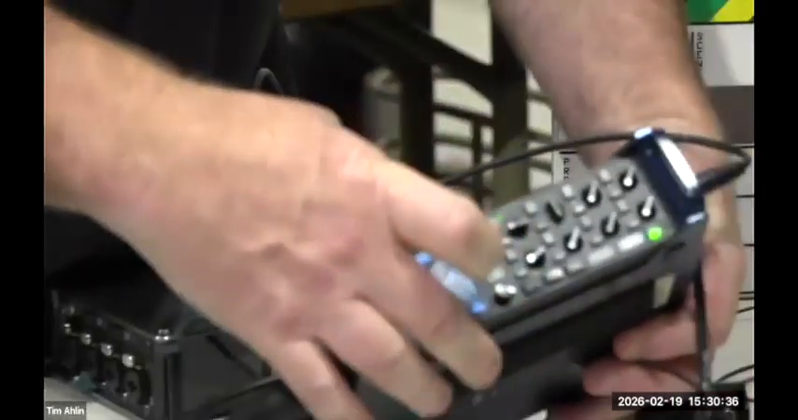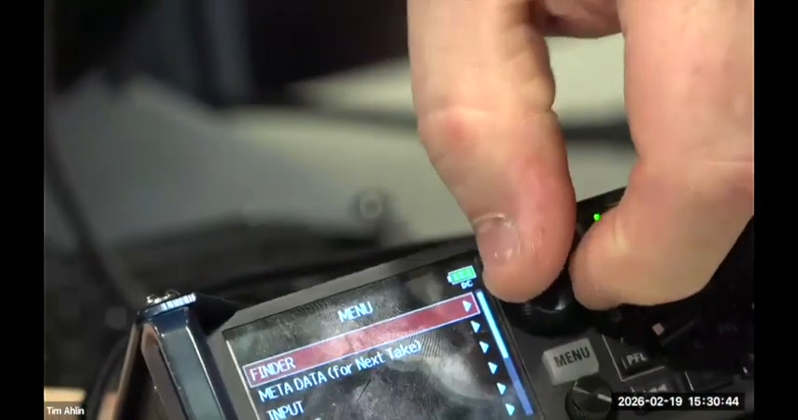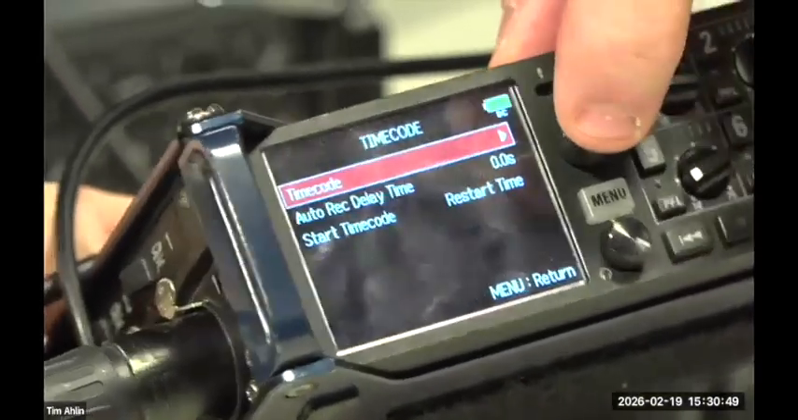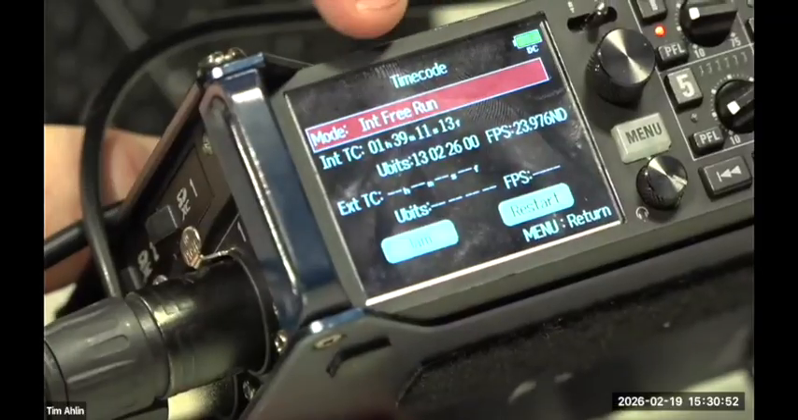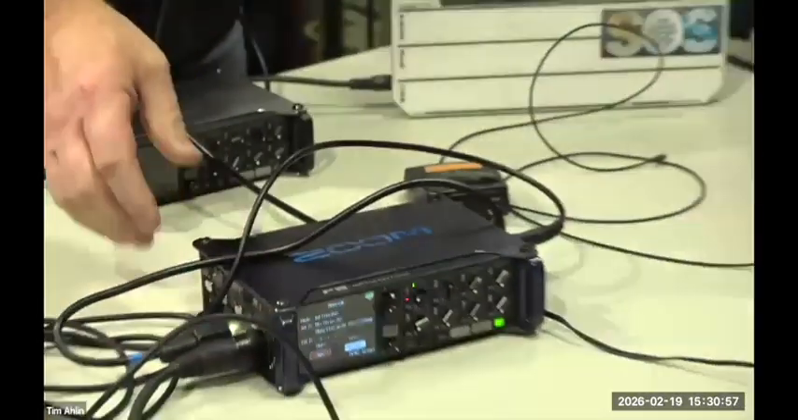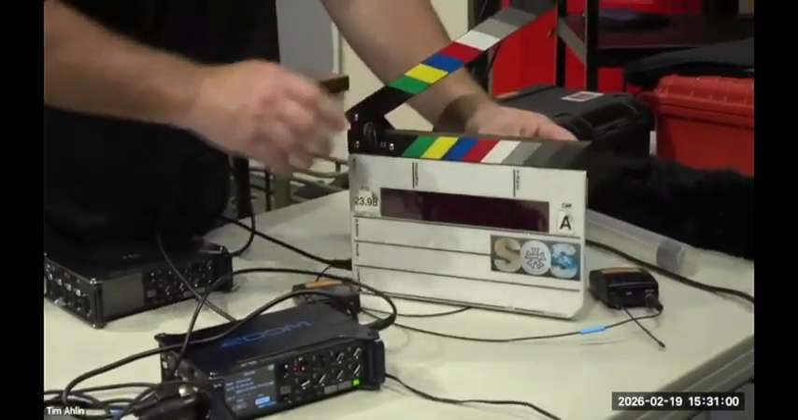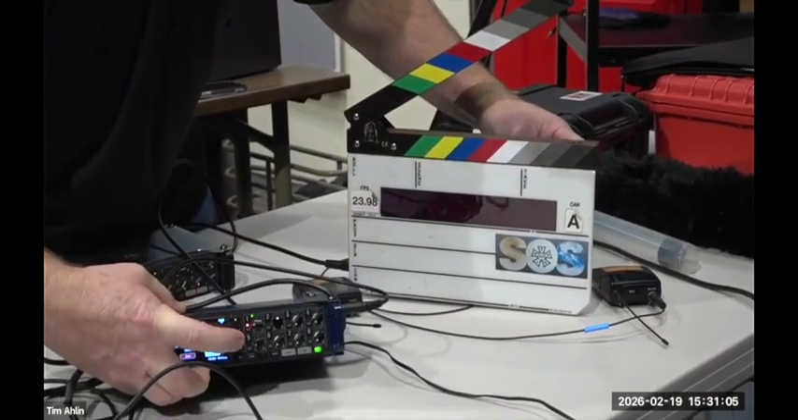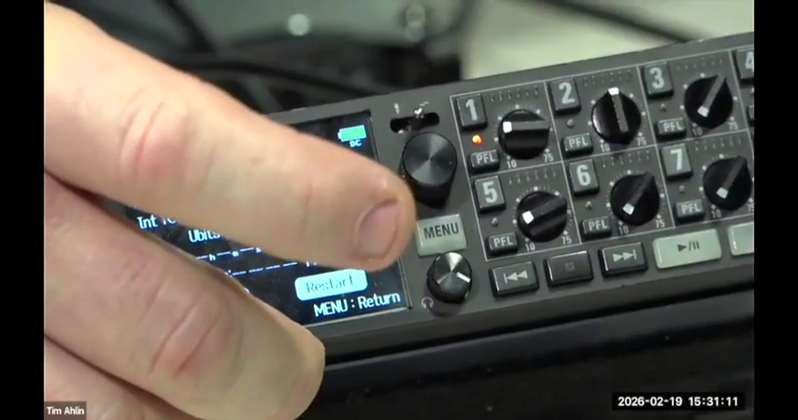Then you go to the menu on the Zoom, which is this one right here. I'm doing this upside down and backwards. I want to scroll down with the knob. How do I do this so you can see? So I scroll down to time code. If I push the button, it's enter, and now you see the time code running there. I want to scroll down to jam, and then as I turn the slate on, I push enter by pushing that button. So turn it on, hit enter, and then why